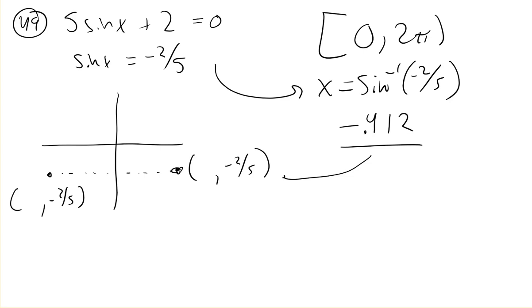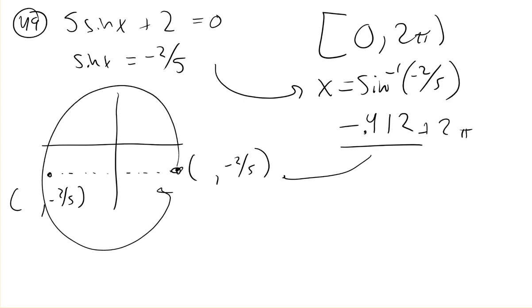So to get the same spot between these values, I would need to go all the way around, so add 2 pi, because my calculator's only going to give me that one answer that's in the range of inverse sine, so actually 5.872. So I did all of that to figure out about 5.872 radians is one place that has that sine value. But I knew there was another one over here,